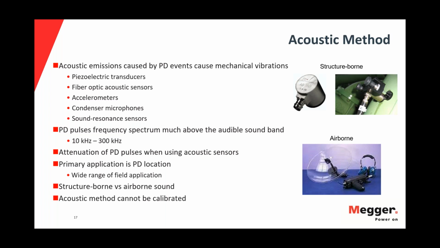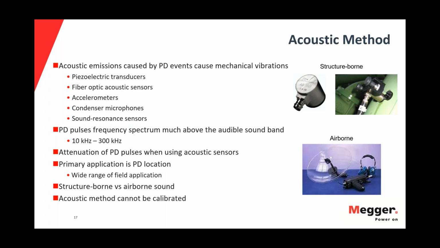So keep in mind the attenuation of PD pulses when using an acoustic sensor. One of the primary applications of acoustic is PD location. With acoustic, approximate PD localization is possible, particularly in GIS and power transformers. So it's considered a later stage. Once PD is detected, acoustic can be used as a complementary method to fine-tune and try to find the location